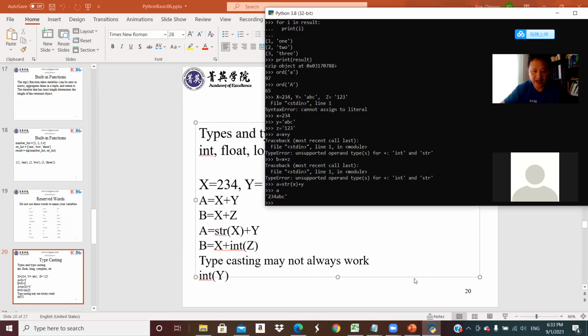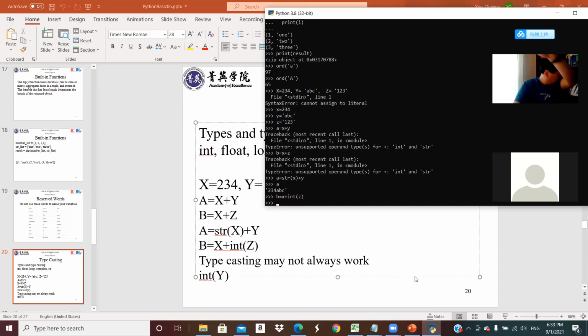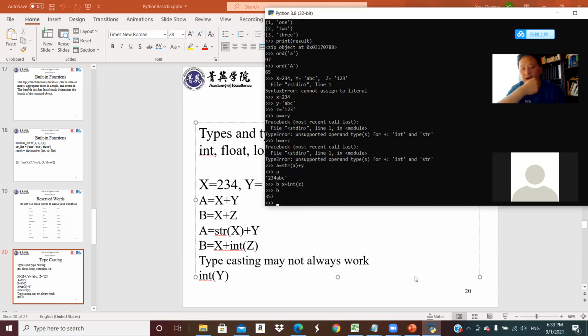So let's do that: B equal to X plus int(Z). If you do that, you see it works. Now if you ask the system what is B, it's 357. This is the sum of X and Z after you convert Z to an integer. So this is called